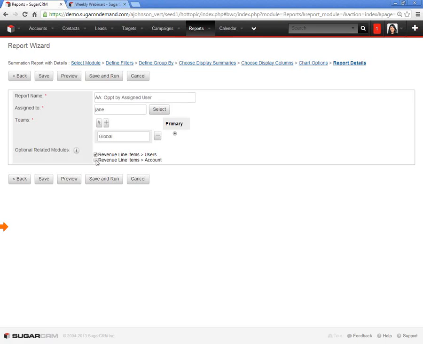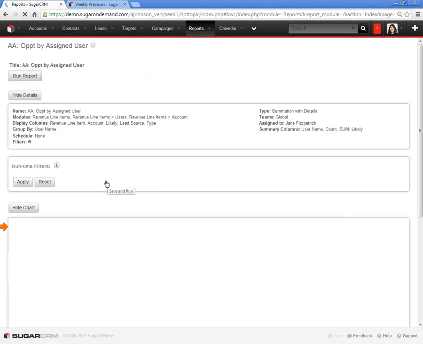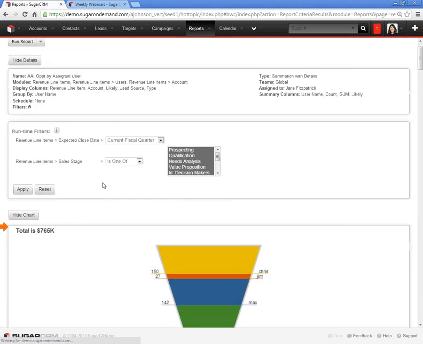And I'm going to check mark the boxes. If it doesn't have a user assigned to it or an account, I still want to see it. Save and run. Okay, so my runtime filters at the top. So based on these sales stages for this quarter, there is